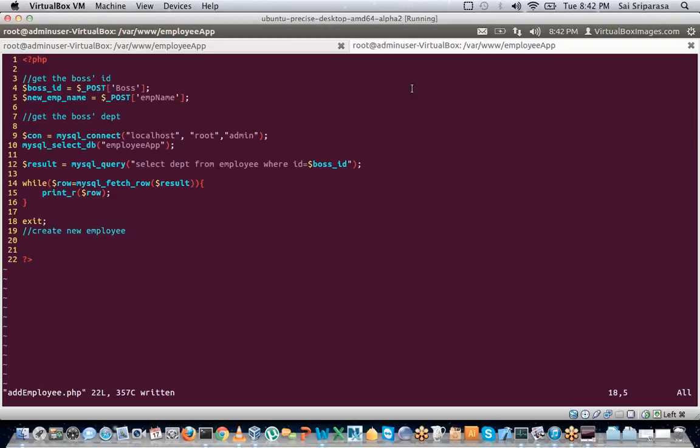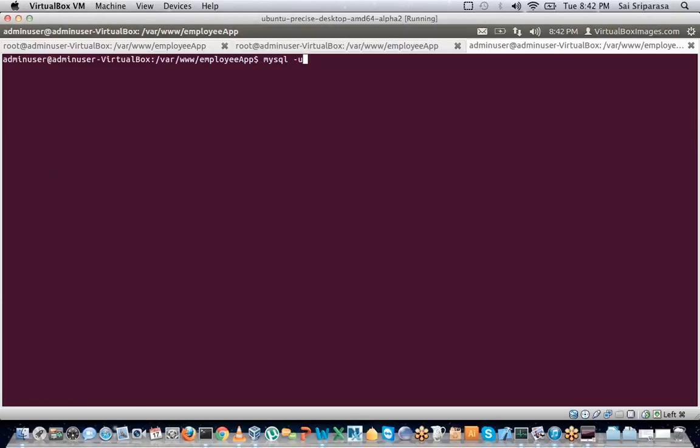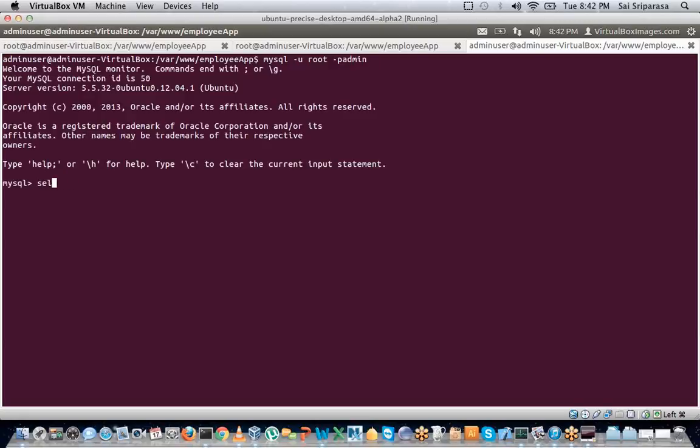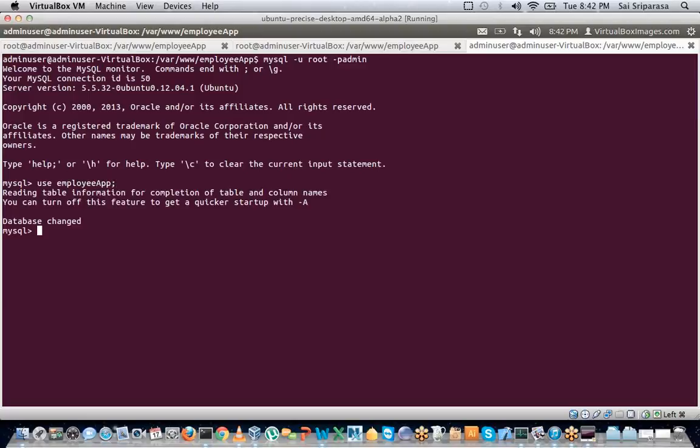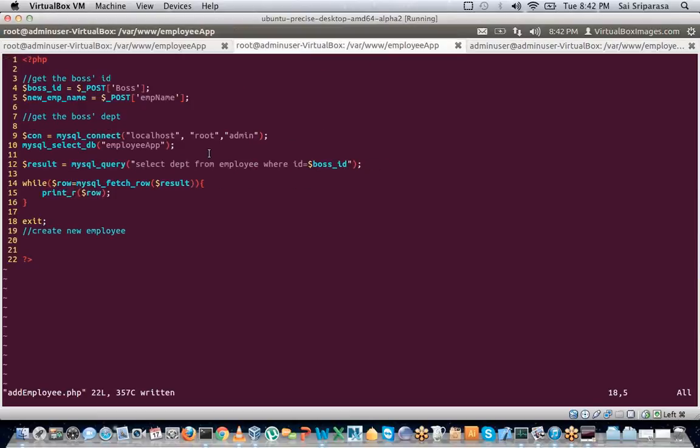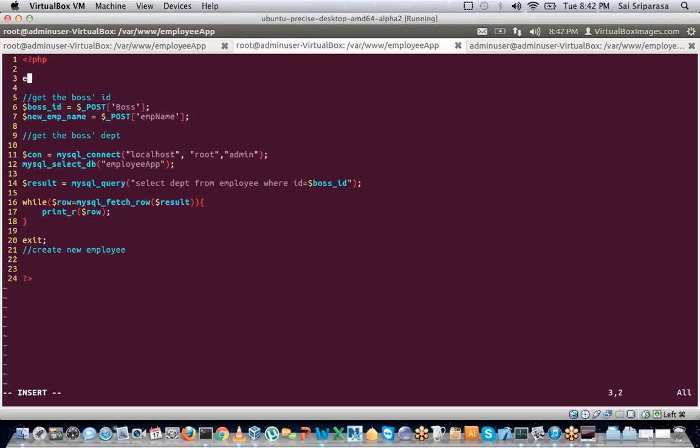Let's actually confirm. It's always important that we check our code. mysql -u root -p admin. So use employee app. Okay, so in here, let's actually print the post to get the boss's ID. I think it was 4, but let's double check. $_